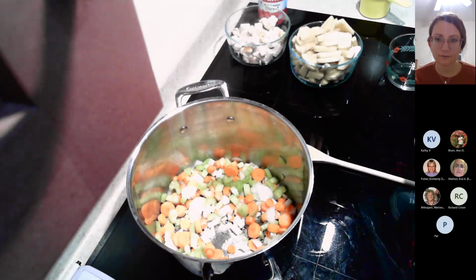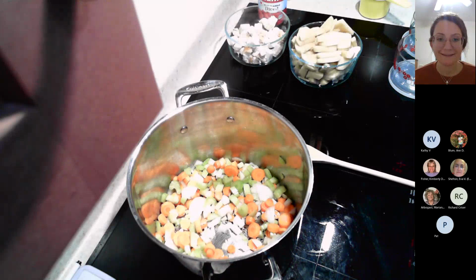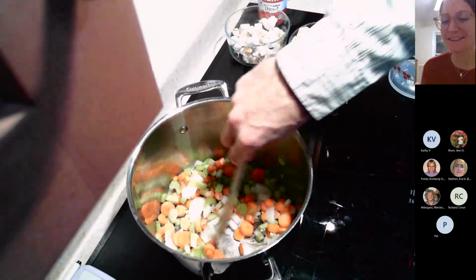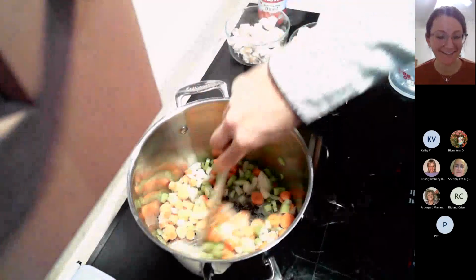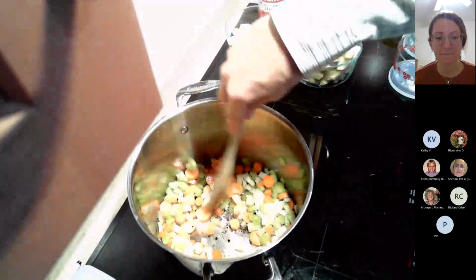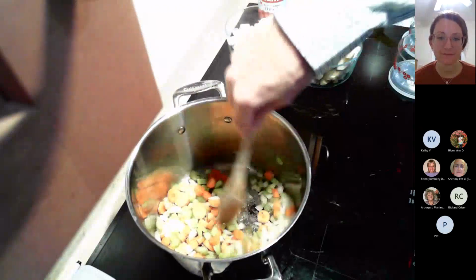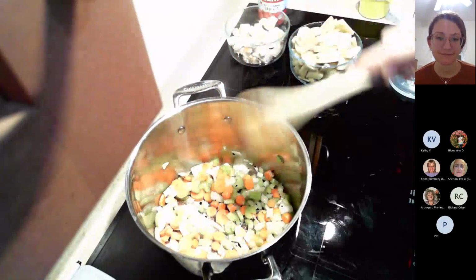I believe they call it a mirepoix or something like that in my food class. Does that sound right, Avita? Do you remember? I know there's a term, but I can't confidently say what it is. I think that's right. Yeah, there's this sort of trinity of carrot, celery, and onion that they use a lot in